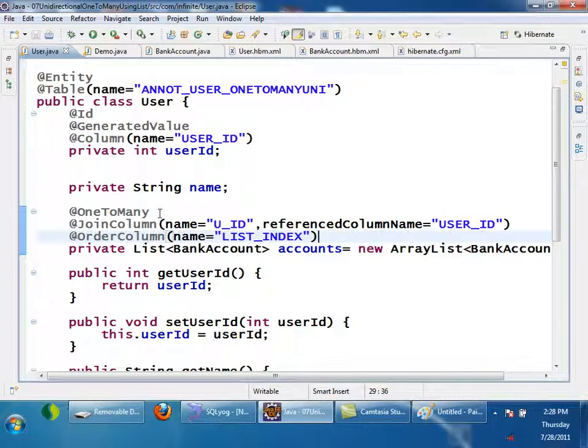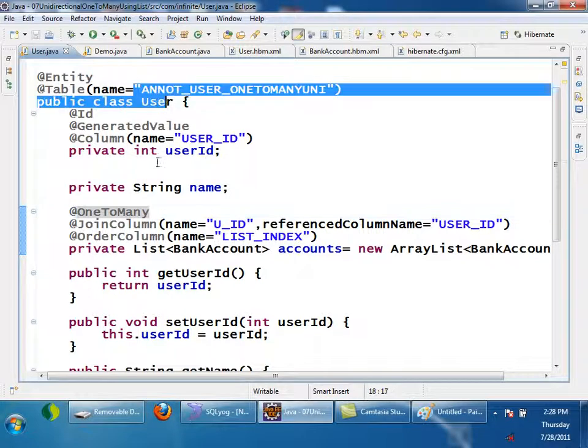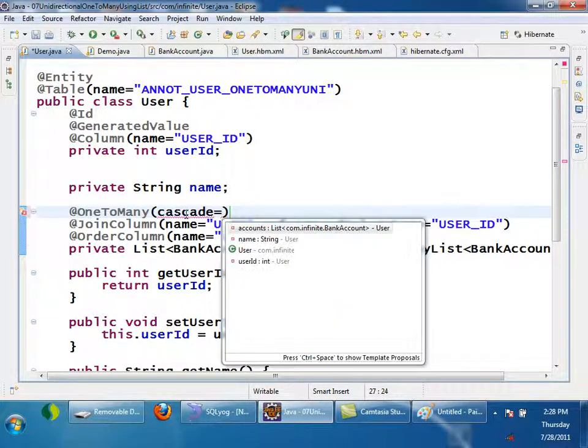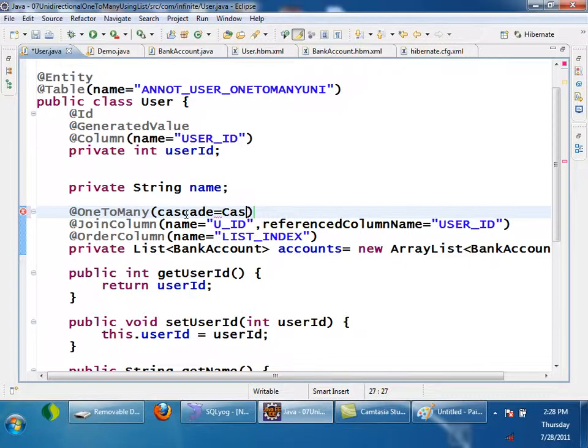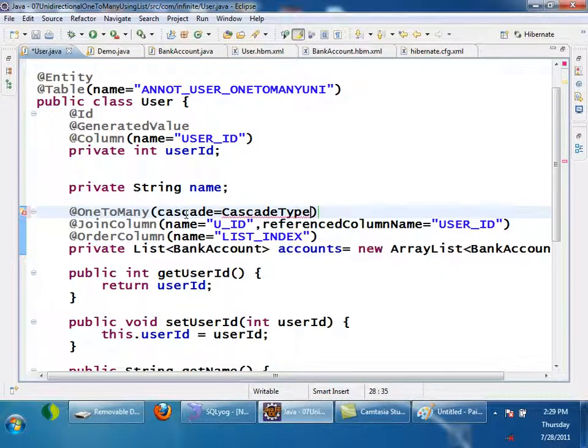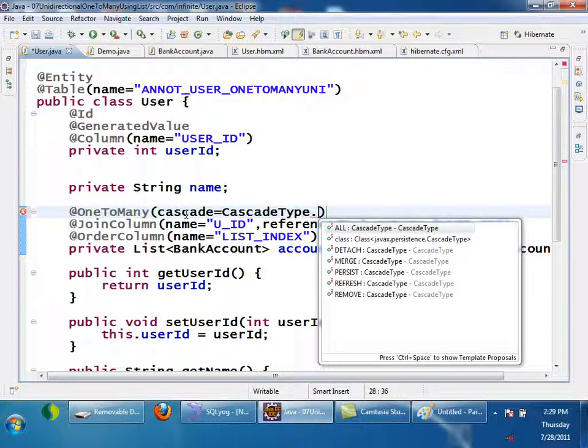Okay. If I save user, I want all the bank accounts to be cascaded. So here on one to many I have to give cascade is equals to cascade type, it's an enum, cascade type dot persist, means all the persist operations should be cascaded.